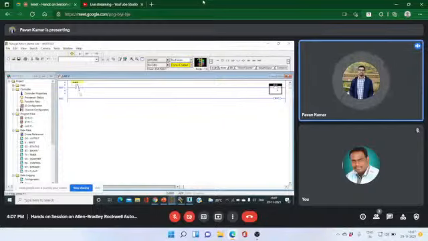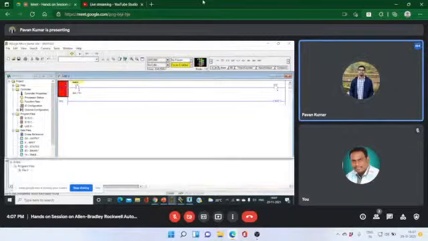But first of all, we have to check the errors. If there are any errors, it shows here in this dialog box. Whenever we verify this, it shows an error. It's showing that the output address is wrong.